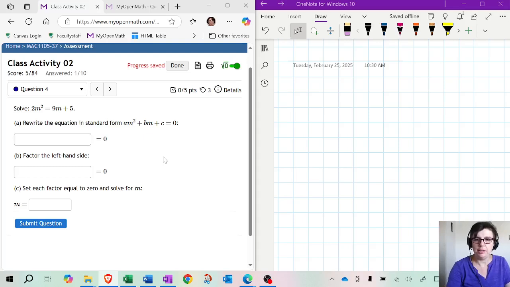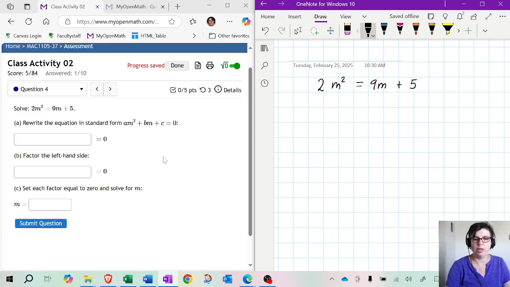Okay, guys, in this example, we are going to also solve this quadratic equation by factoring, but this is going to be more difficult. So let's go through it. First of all, this equation is not ready. What do I mean by it's not ready to solve by factoring? The right-hand side here is not 0, so you cannot proceed.